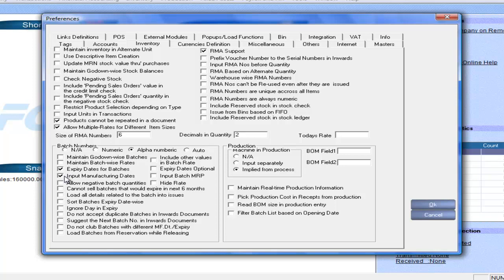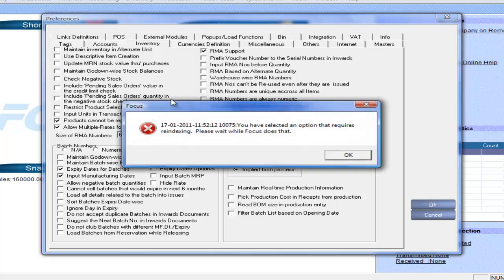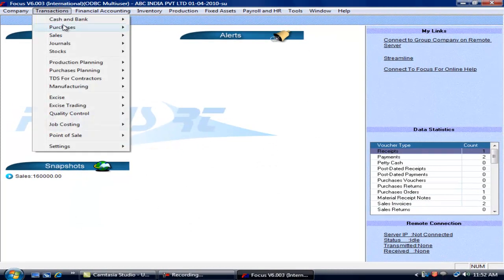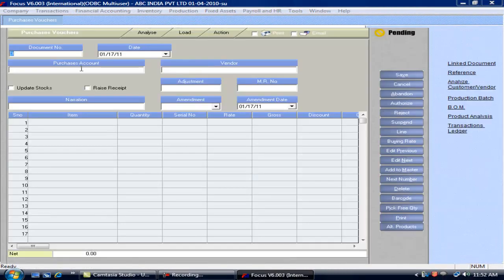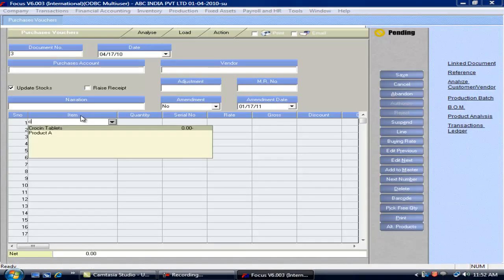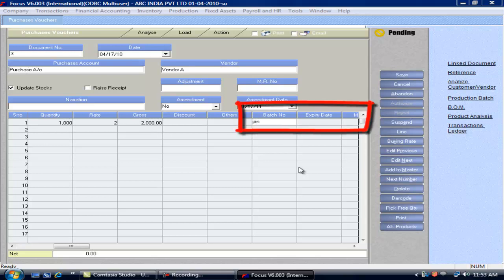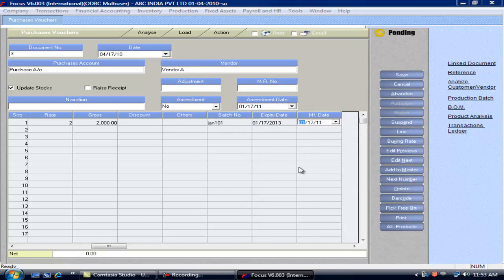So in a purchase or sales invoice, we will be getting these columns additionally, batch number, expiry date and manufacturing date when we check these options. So you will find in a purchase voucher, batch number, it can be Jan 101. So when this is going to expire, expiry date we have to enter. So manufacturing date,